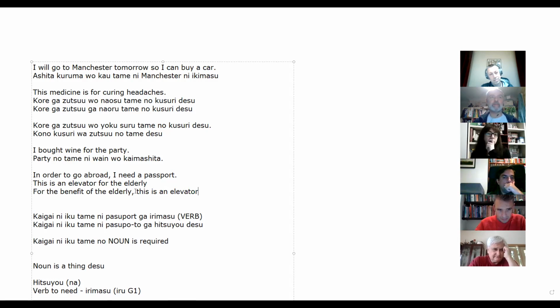You can see that this sentence here is not even close to being equivalent to this sentence here. This is just saying this is a noun. Here, this is saying that this noun has some kind of nature about it. You're describing the noun. You're not just saying this is the noun. So we can't use no here. We have to use ni. This is why if there's an adjective after tame, then we need to make it ni.